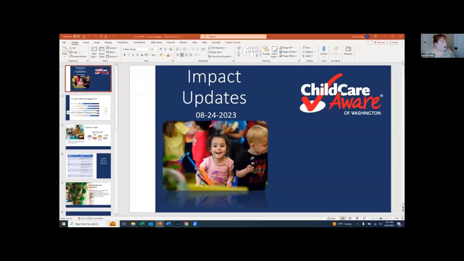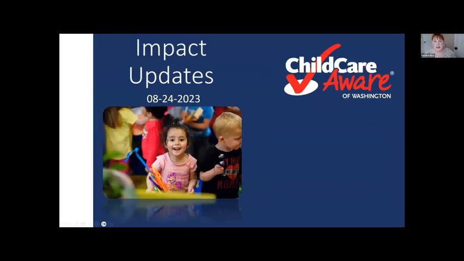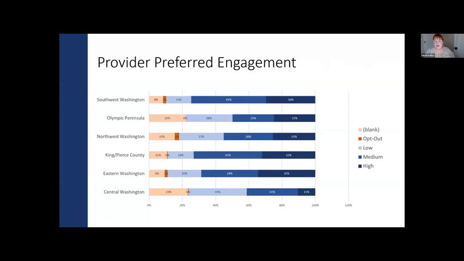And so the need for this transition comes from all the things that Sandy shared, and in addition to looking at the data and seeing, do we need additional levels to represent what is actually happening out in the field? So I have a PowerPoint that I'm going to share. And this first slide here is just looking at how many providers are currently assigned in each of the engagement levels.